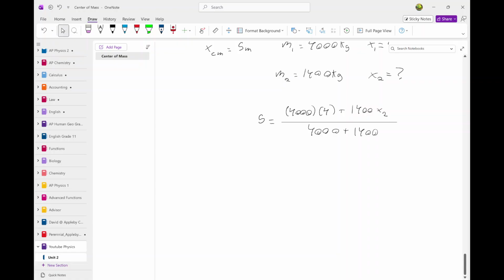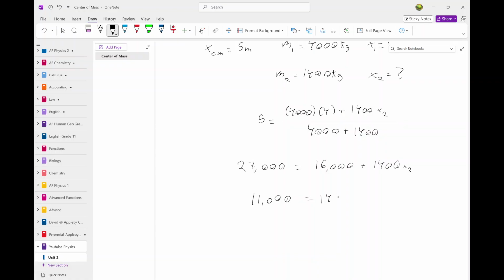So now what we have to do is add those together. So 4,000 plus 1,400 equals 5,400, and then multiply that by 5. We have 27,000. Then we have 4,000 times 4, which is 16,000. There we go. So we can do 27 minus 16. So we have 11,000